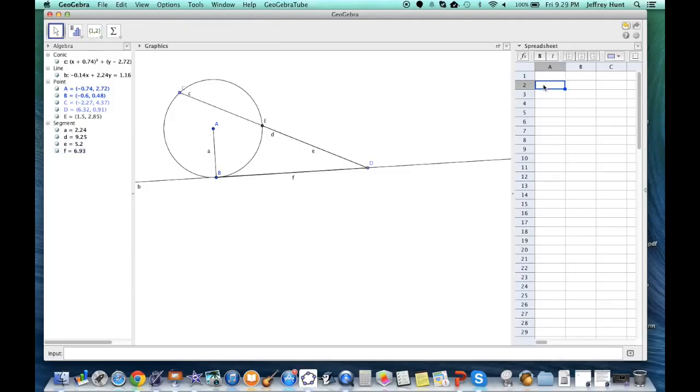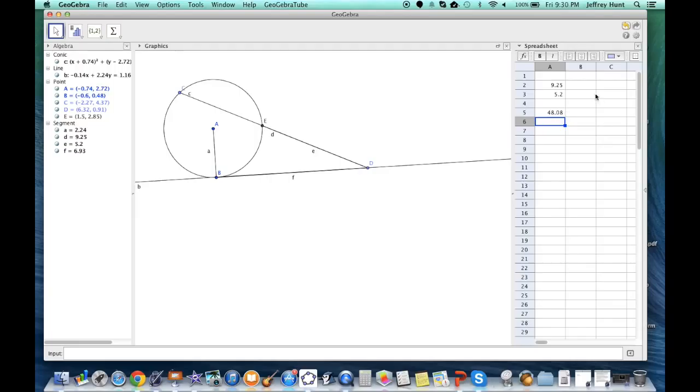So over here, I'm just going to type in D. That will bring over the length of D, 9.25. I'm also going to type in the segment E. That will bring over the length of segment E, which is 5.2. And then I want to calculate the product. So I'm going to just type in here equals, and I click on cell A2 times A3. And we'll see that that gives me the product of